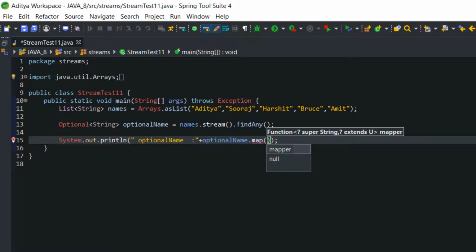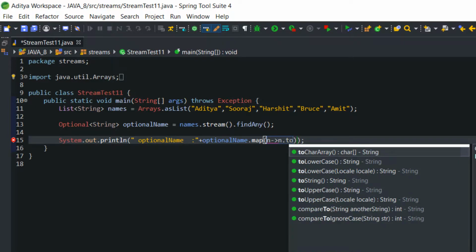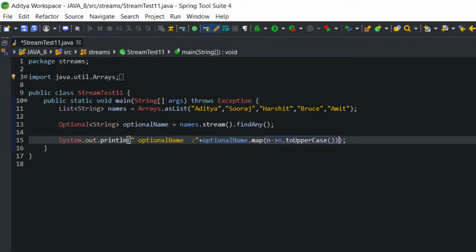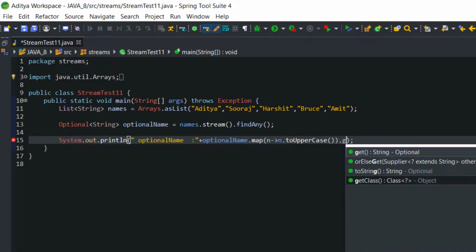We can see that here all the names are in small case, right? Let's make all the names uppercase with the help of the map method, the way we did in the previous video on Stream. Now after that, I'm going to call the get method to see if it is working exactly the same way or not.